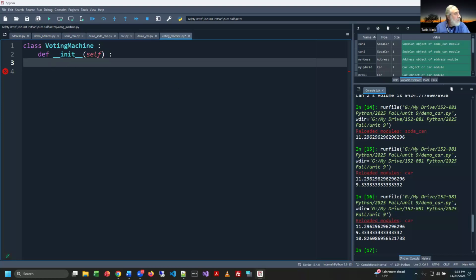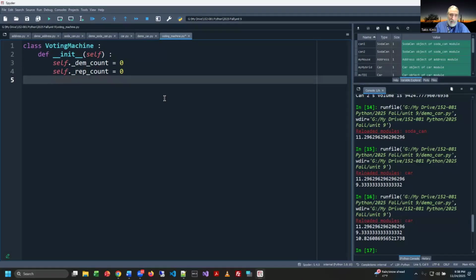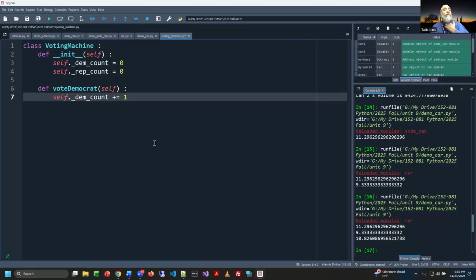All I have to do is basically declare two internal properties, one for the Democratic count of votes and one for the Republican counts of votes. And when we start, we want it to start at 0. I don't need to send the data in. So as soon as I build my voting machine, it's got no votes built in, right? We're not stuffing the ballot box. Then if we want to vote for any particular party, right? Think about this. If I want to vote Democrat, I just add 1 to the count, right? If I want to vote Republican,